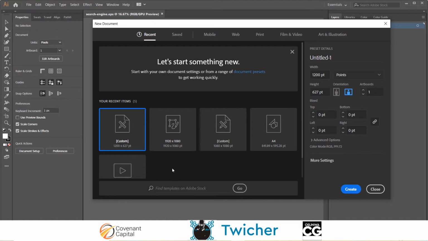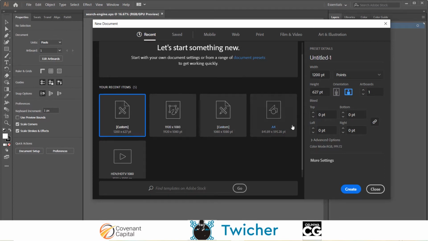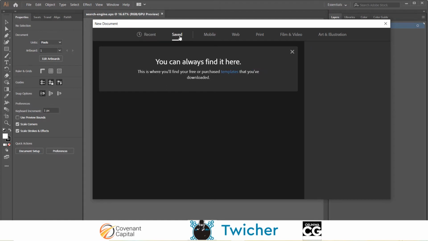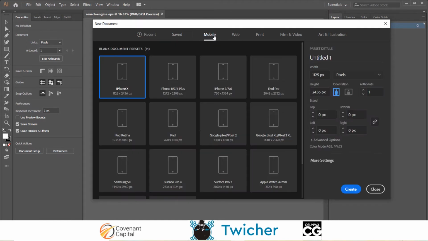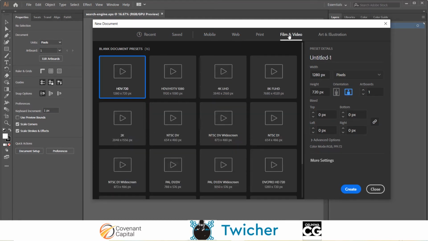All these options here are called different artboards, and it's giving me these options because here are my recent items, the recent artboards I've used. If I've saved any, I've not saved any, you can always come to mobile, web, then film. Since we are doing video, the very industry standard